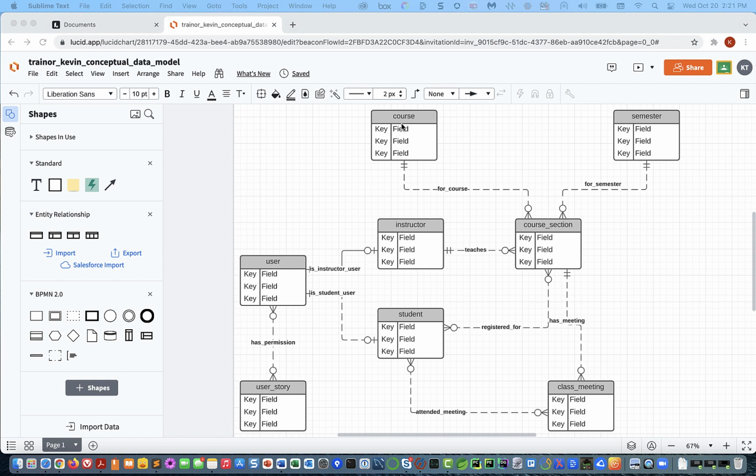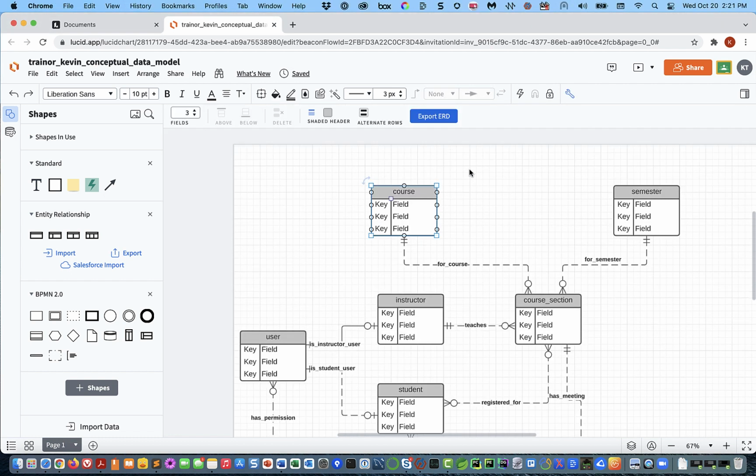So to do this, we're going to go up to course. That's where we're going to begin. Double click on field. Sometimes it's hard to get these to highlight, and it gives me a light blue highlight. And this is where I'm going to put in course ID. I'm not going to do anything with the key column yet. Later on, that's where we're going to identify the attributes that are the unique identifiers for the entity. Let's go over to semester and get a semester ID,